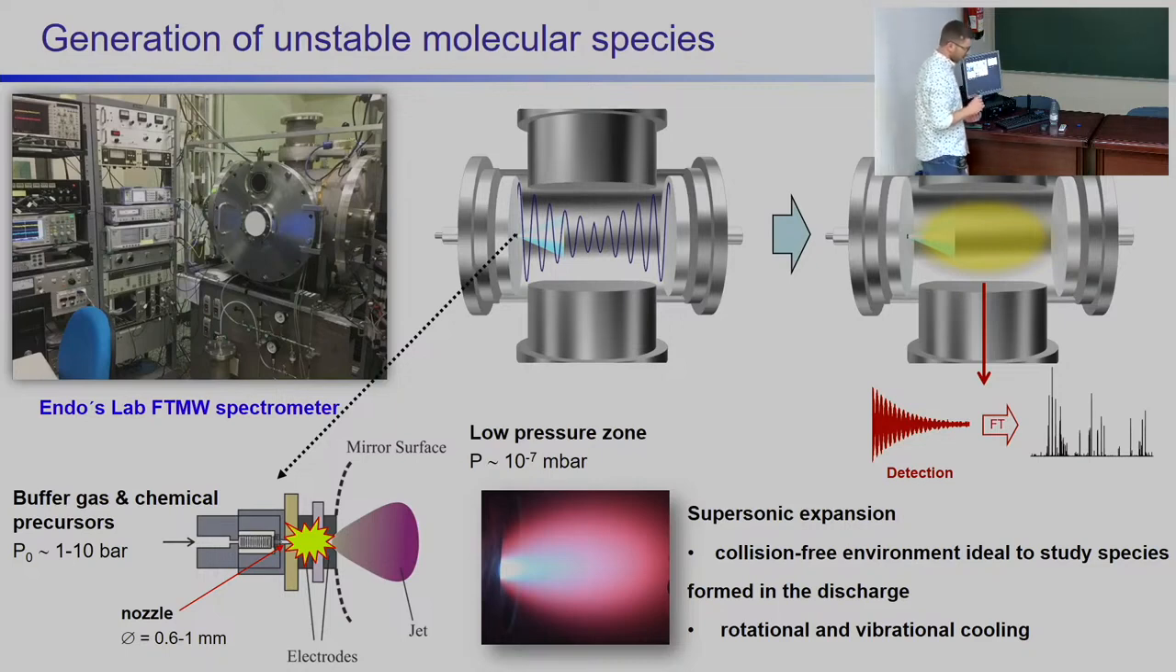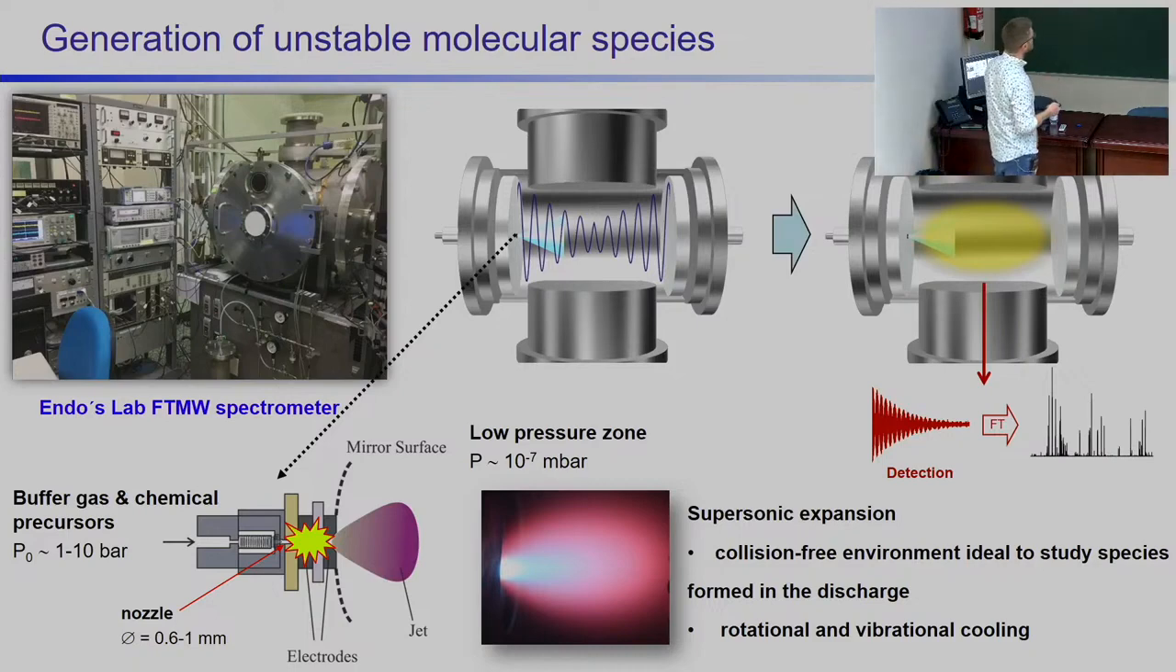The supersonic expansion is a collision-free environment and is perfect to measure the rotational spectrum of unstable molecules, because there are no collisions, the molecules are stabilized. So when the molecules are inside of the cavity, they are probed by microwave spectroscopy. We detect the molecular emission and we obtain the rotational spectrum in the frequency domain. This experimental sequence takes only 40 milliseconds. So the philosophy of this experiment is to repeat 100 or 1,000 times the same cycle to get a good signal-to-noise ratio